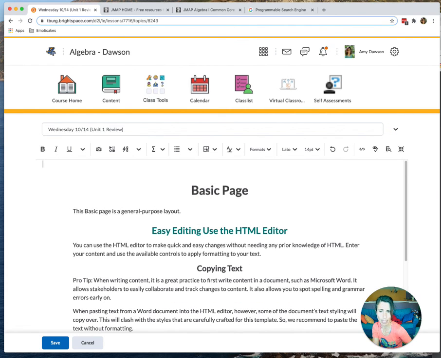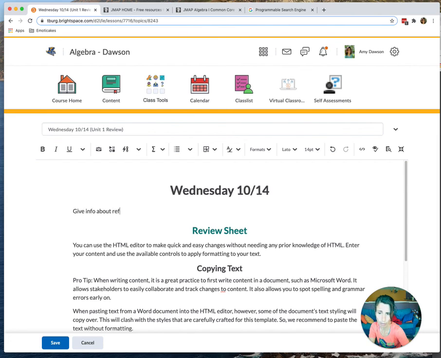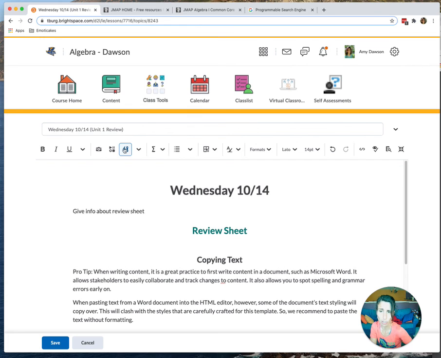I'm going to take away the picture here, and I'll say Wednesday 10/14, so they're always aware of that. And we can insert the quiz, or insert the review sheet. So review sheet, I'll put some information, give info about review sheet. And now I'm going to do that, and I will choose insert,